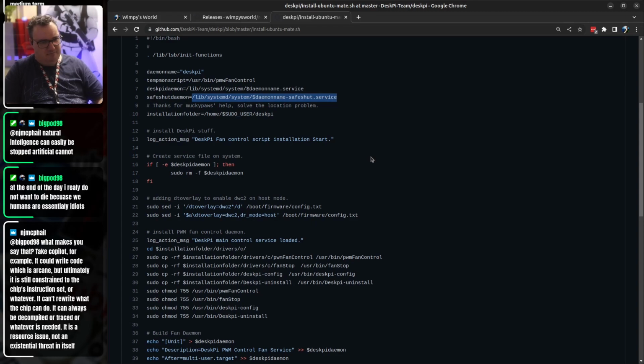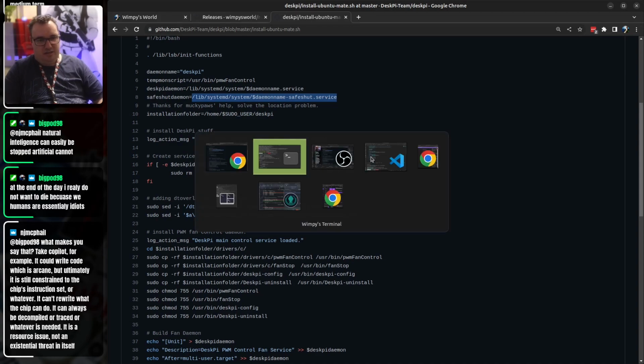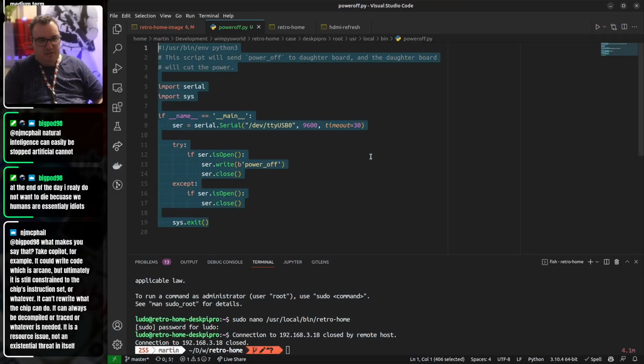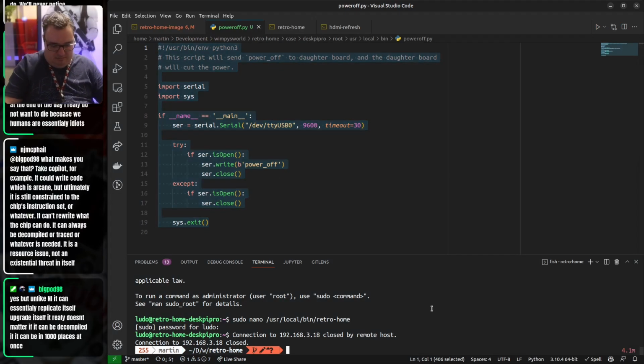libsystemd. Oh, because yeah, okay, because they're combined now. We won't put it in libsystemd. We will put it in root user, like so. And we'll call this